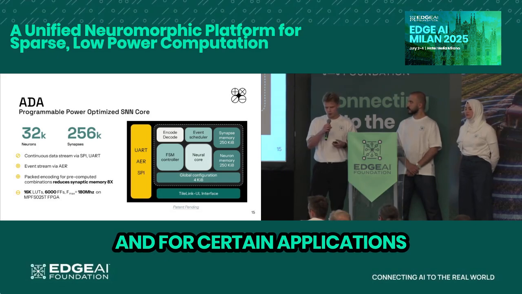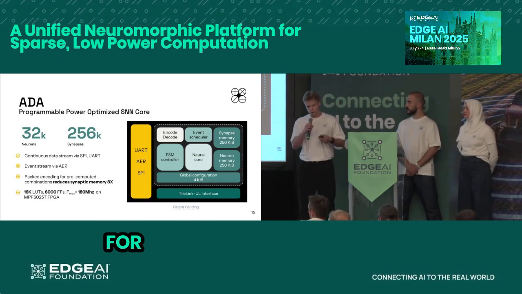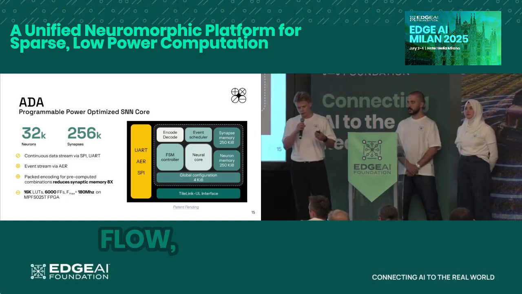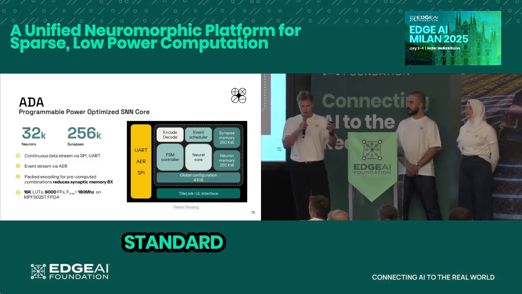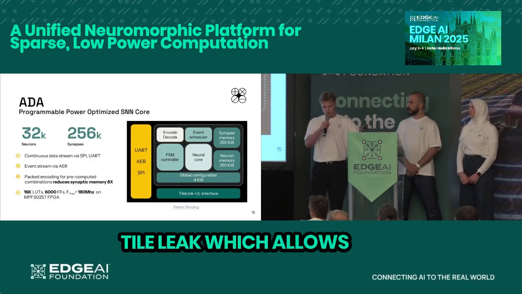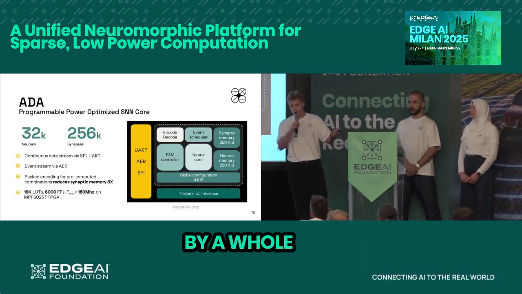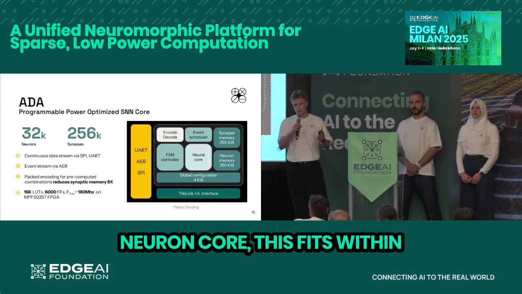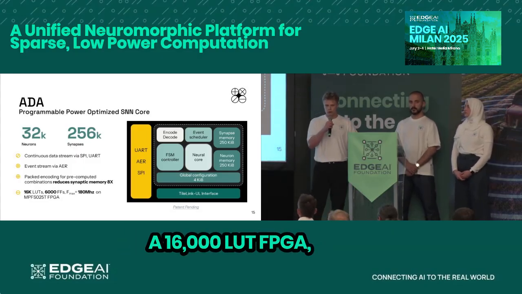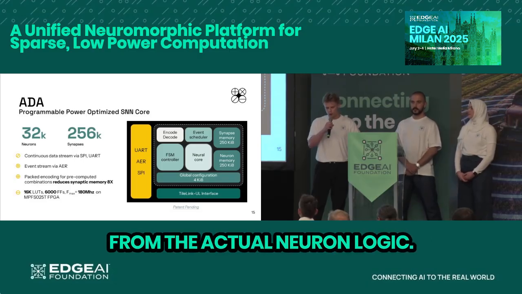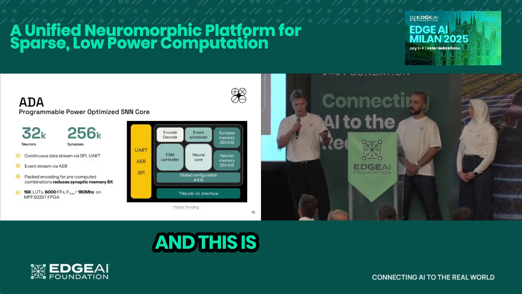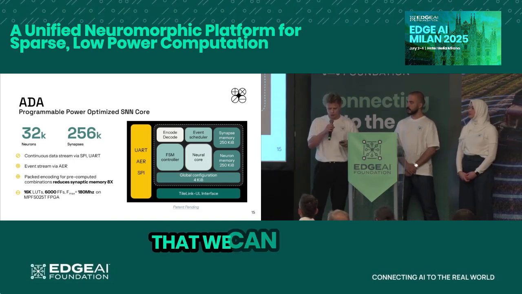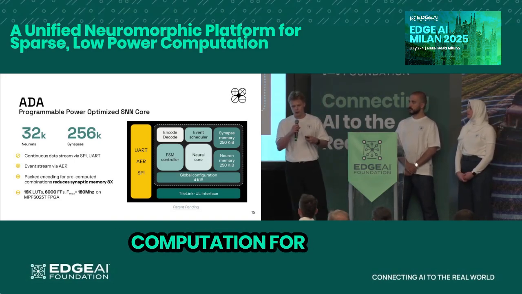For certain applications, you may want to use a UART or AER for DVS cameras, for both sparse or continuous data flow. We also provide a standard interface for the TileLink, which allows a host CPU to configure and load the model. In terms of the actual neuron core, this fits within a 16,000 LUT FPGA, apart from the actual neuron logic. This is very small in terms of area, and this is the benefit that we're trying to expose with this neuromorphic framework: